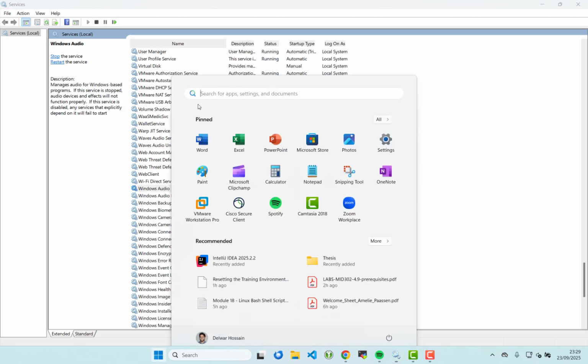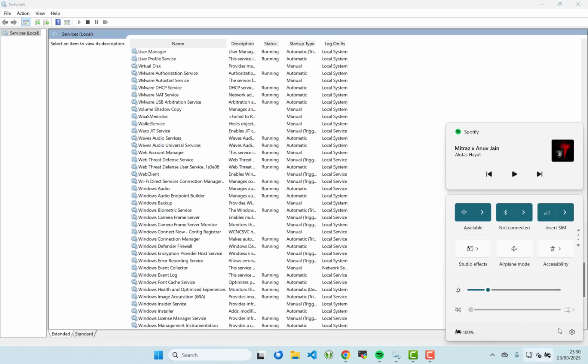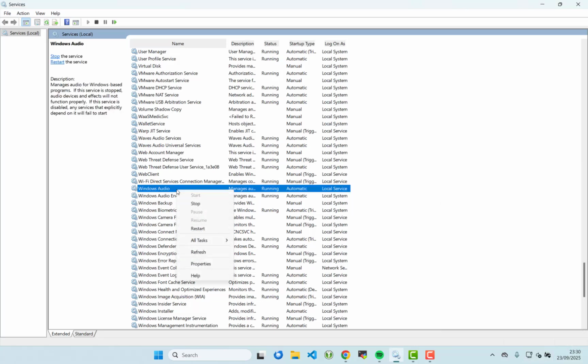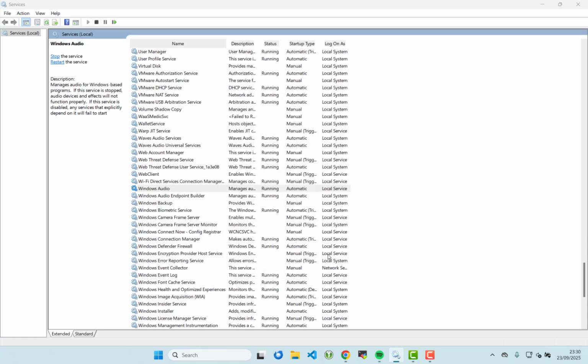From Services, if you open Services and find Windows Audio, it's already running and set to automatic, which is fine, but still you see it's disabled. So people will say stop, restart, this kind of thing. Now I will not do anything, otherwise my audio will be muted. So you can just try to stop and then start it again in your case. Even if it doesn't work,